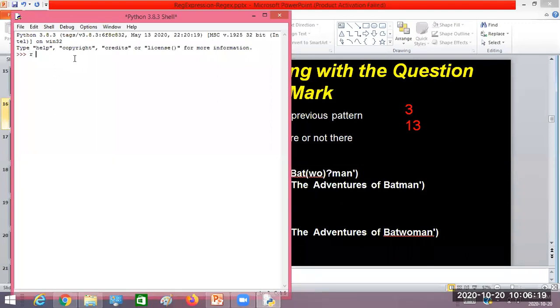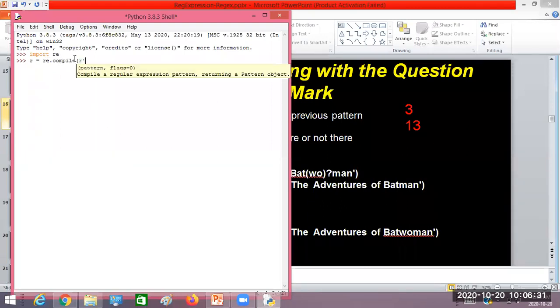First import the package re, then create a regular expression object. That is re.compile, then the raw text. I was writing yesterday 1 followed by question mark followed by 3. This was the pattern I had written, but it was matching even 23 also. Am I correct?